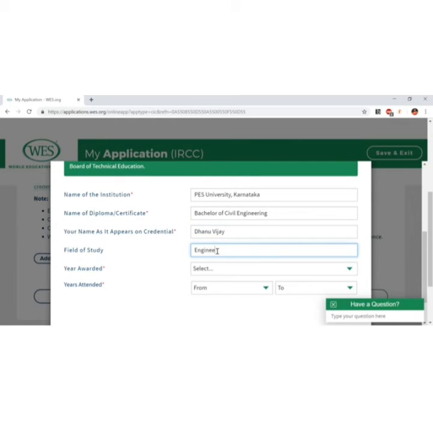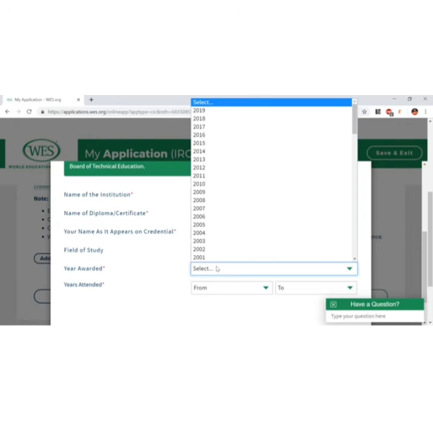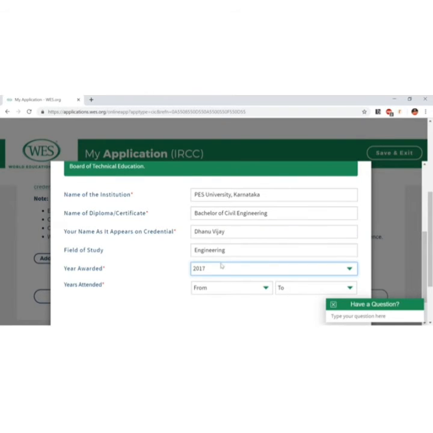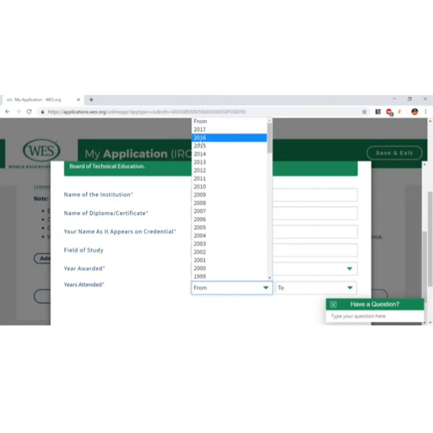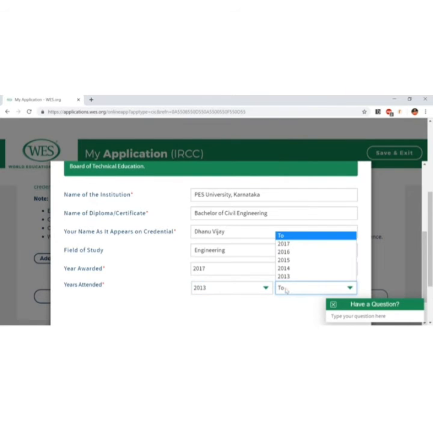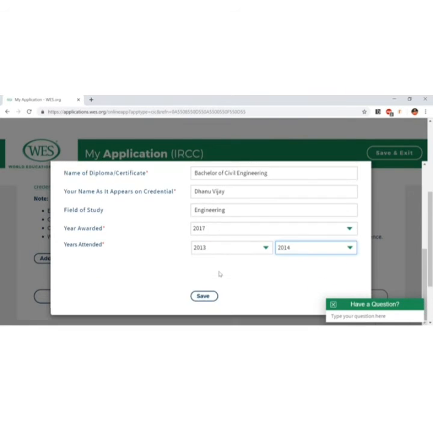Field of study you can just mention as engineering. Year awarded. Select your year of study.